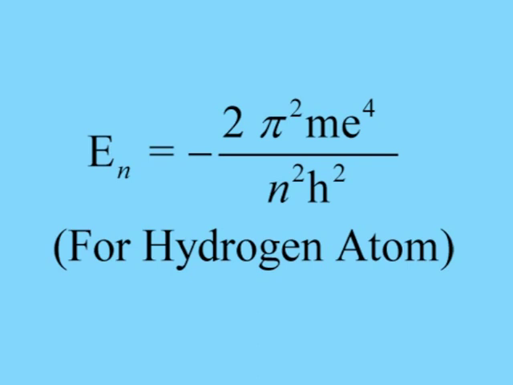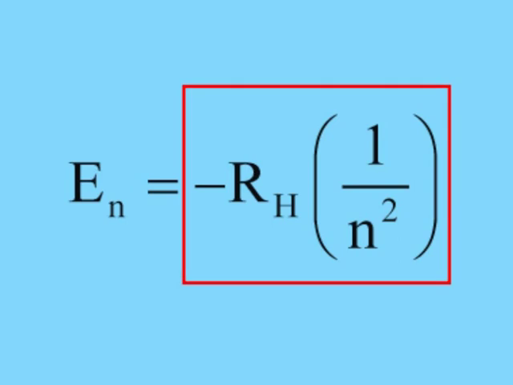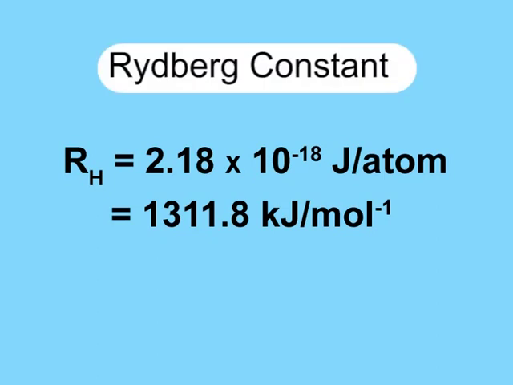Here n is the number of orbit, or En is equal to minus RH into 1 upon n square. Here RH is known as Rydberg constant, which is equal to